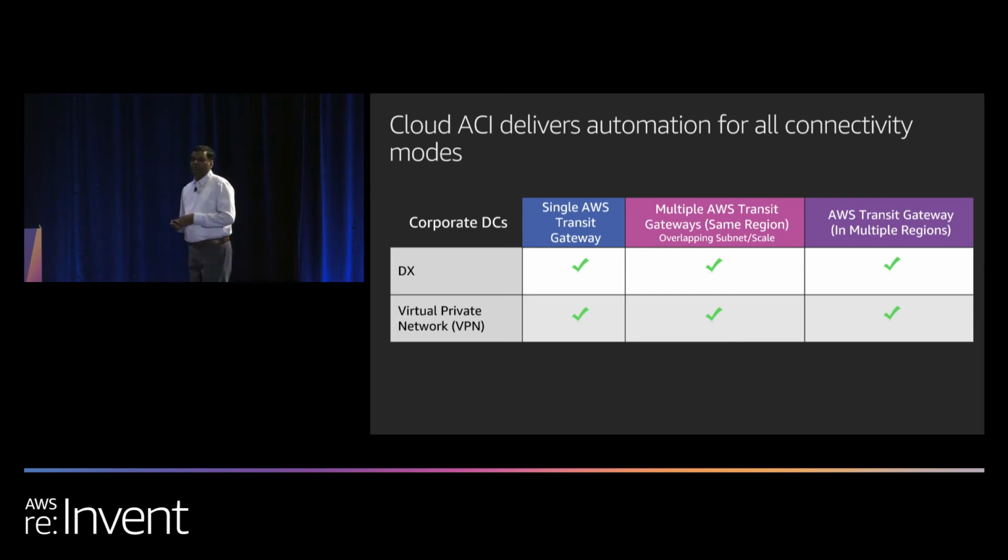Even in this case, we will allow you to support overlapping addresses, because a lot of customers have mergers and acquisitions or some sort of migration cases, so they can't re-IP in the right time frame. So we support that as well with the scale, as well as cross inter-region AWS transit for multiple regions. So we support all of them. That takes care of all the network connectivity and automation.